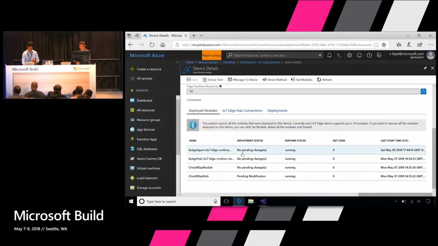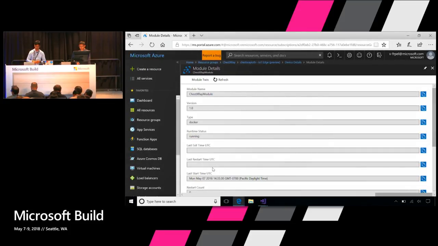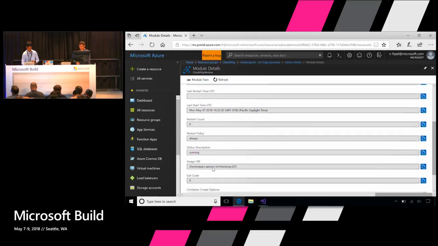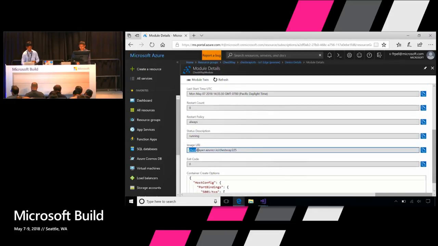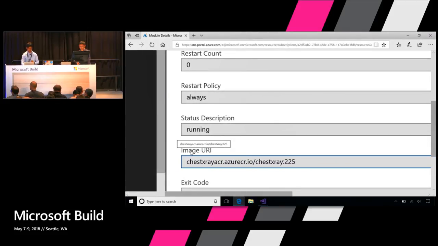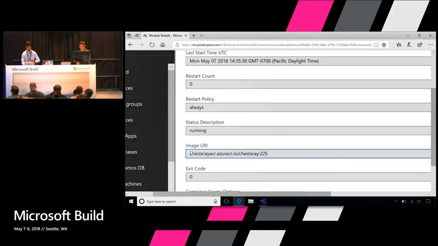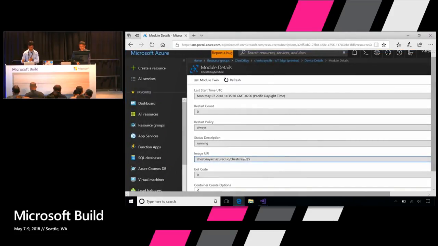Now, once I'm here, I can also see there are certain deployed modules, and that's super critical when we talk about IoT Edge. In this scenario, we have a Just X-Ray module, which I can click on, deployed to this particular Minnow board. I can go further and check where I'm pulling all these images from, or where I'm storing them. For this scenario, we are storing all of this in Just X-Ray CR, which is my container registry, azure-cr.io. So let's have a look at that. How is that powering this entire image analysis?